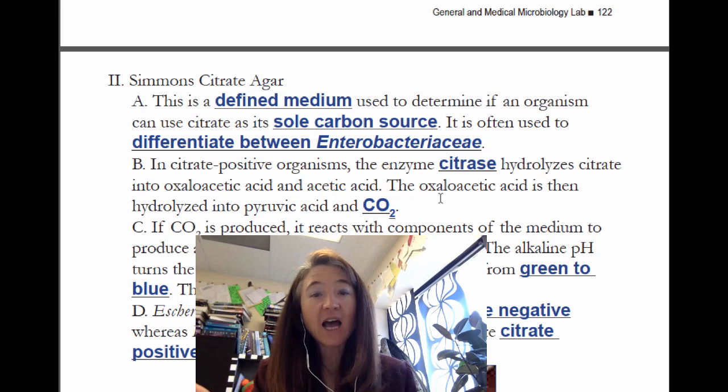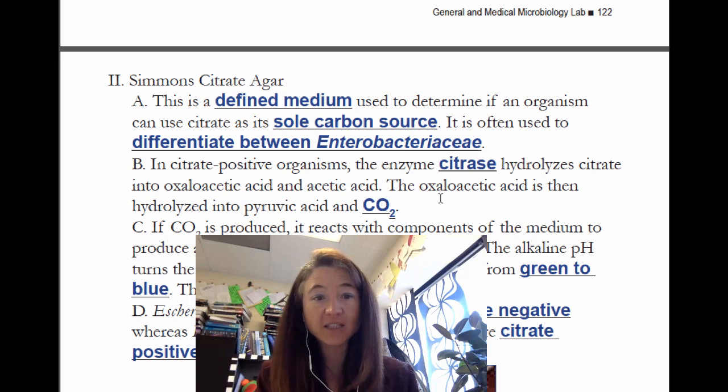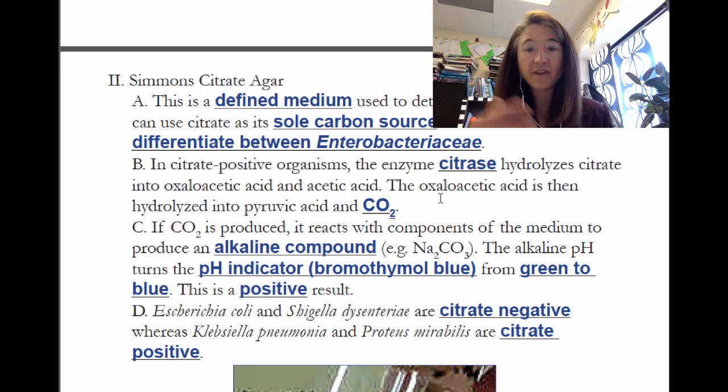So recognizing that we're looking for this reaction catalyzed by citrase, the oxaloacetate is hydrolyzed into pyruvate and CO2 in the final stages of this enzyme catalyzed reaction. And the presence of CO2 leads to the production within this medium of a very alkaline compound, sodium carbonate. Sodium carbonate may ring a bell to you. It's a water softener. It is alkaline though, and it turns the pH to a more basic pH,